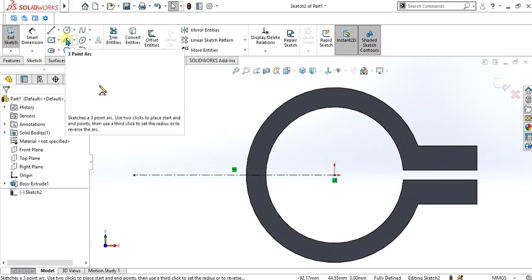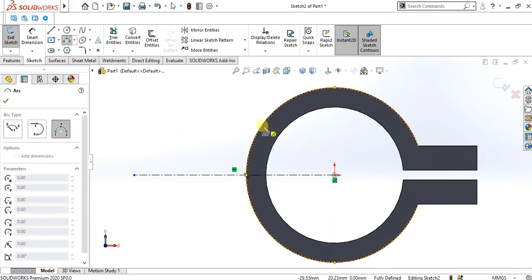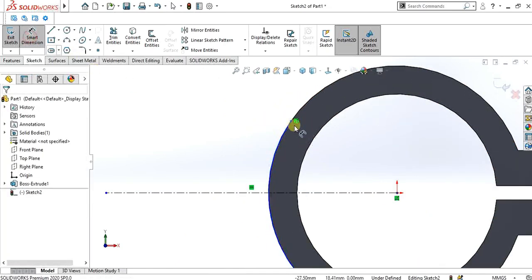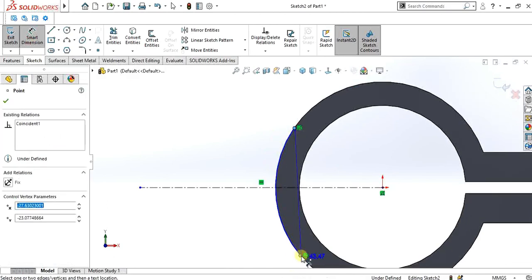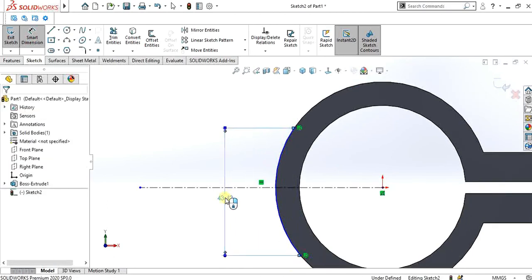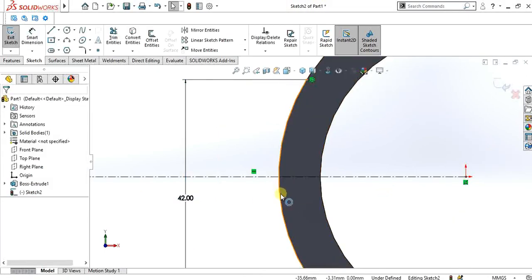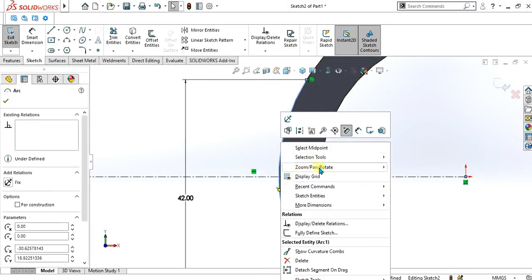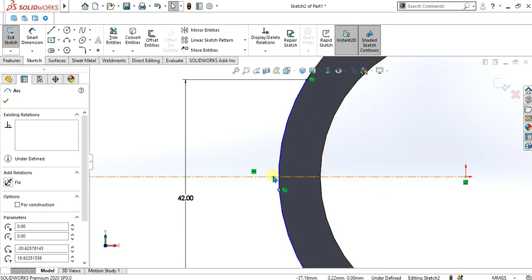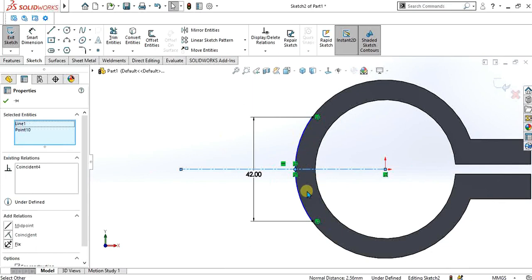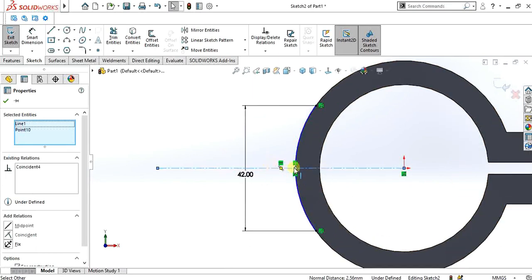Now simply make the 3-point arc on this edge like this and give it the total distance of 42. Now to make it align in the center, right click on it, select midpoint and select this center line, make coincident. Now it is in the middle of this center line.